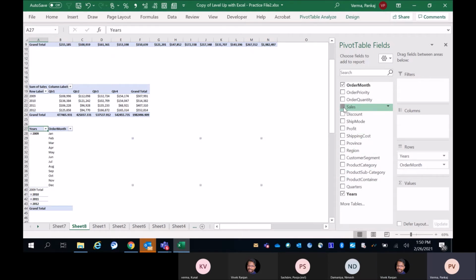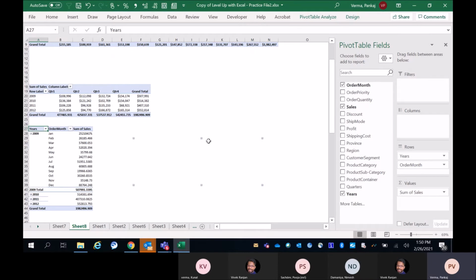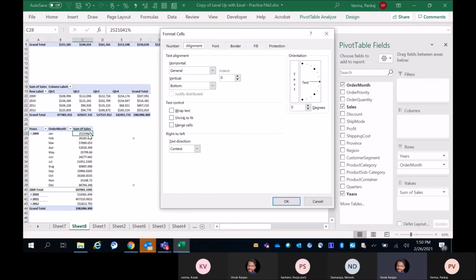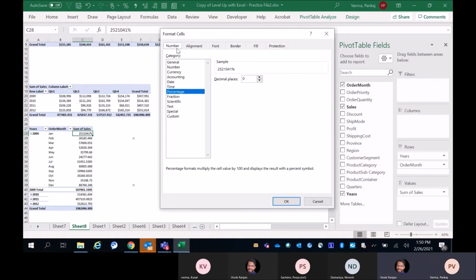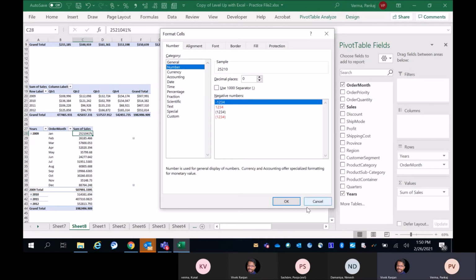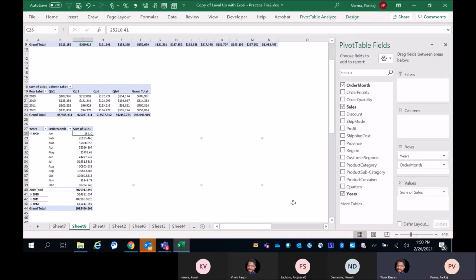Is this fine? Still, why is this coming in? Why is this coming in percentage? I don't know. Now it is formatting because you applied a format on these cells as percentage, so that's why it's coming as a formatting. And that is one of the reasons why you always do a formatting from value field settings, not